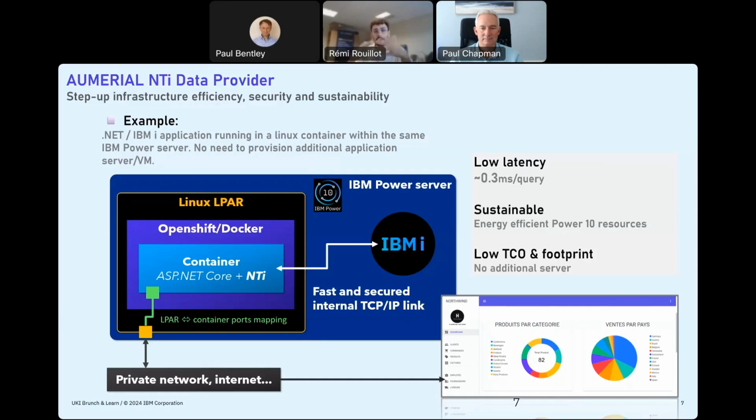It can be scaled very easily also, because with containers, you just multiply the containers and then you scale your applications. You will still have bottlenecks somewhere, but it's quite easy to scale and efficient, and you don't need any more x86 servers. So I will show you a quick demonstration